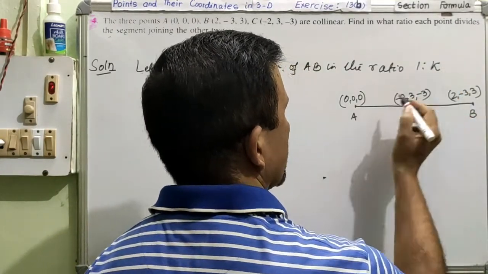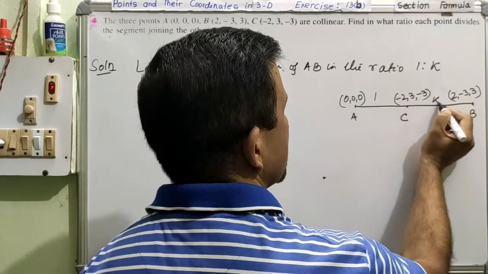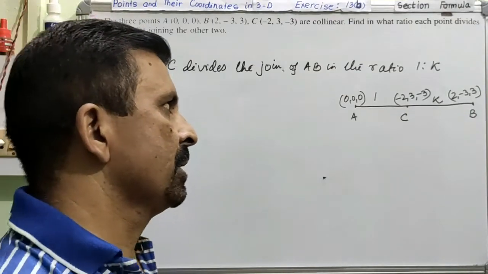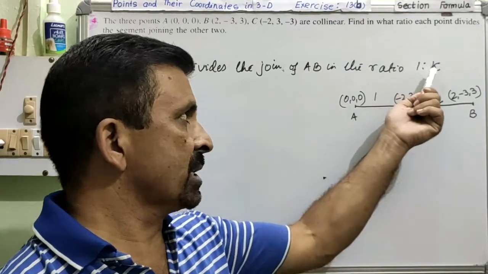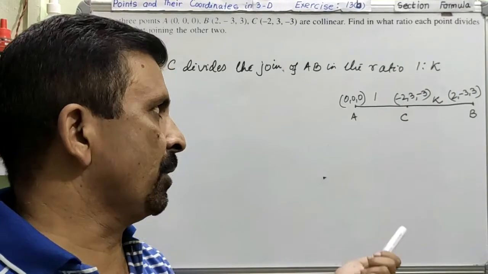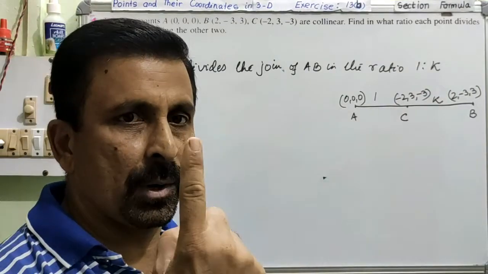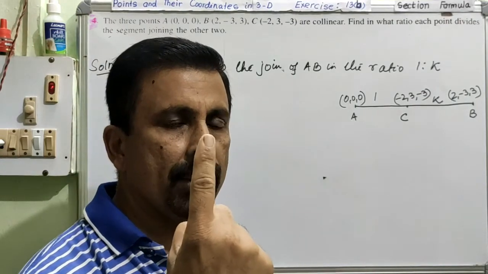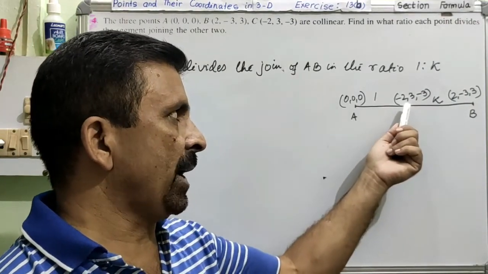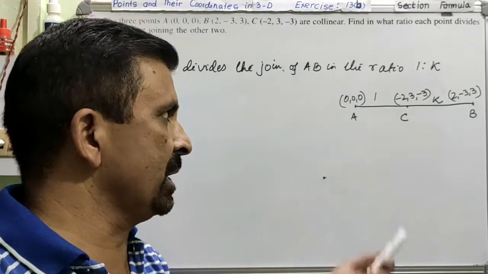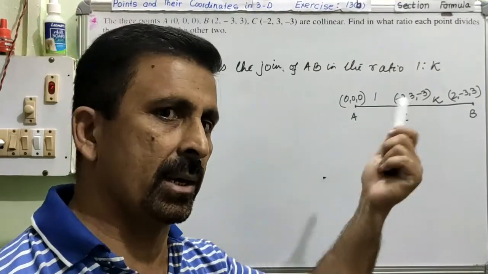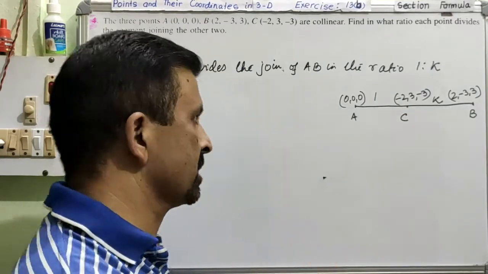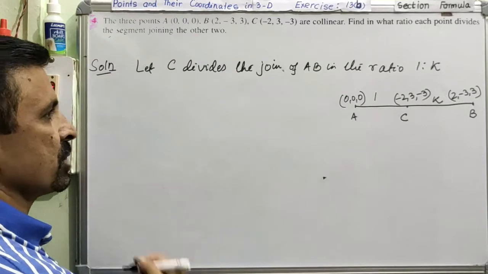So we assume that the ratio is this, and we also have assumed that C divides the join of AB, as you can see in the diagram. So C divides the join of AB in the ratio what? You have assumed 1:k, so this is 1 and this is k. Clear? Now we have to find the value of the ratio. In the ratio there is only one unknown quantity, right? Therefore we can use one of the formulas out of the three. You have the values of x, y and z, all 3, so you can use any one of the formulas, x or y or z, and calculate the value of k. So let us start. I am going to use the x formula.